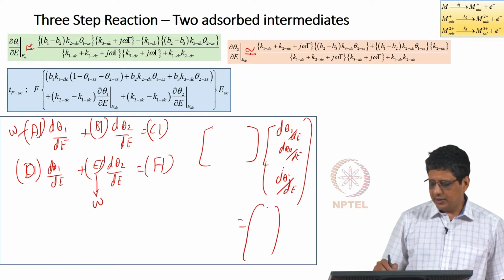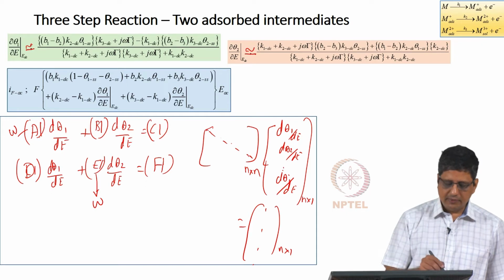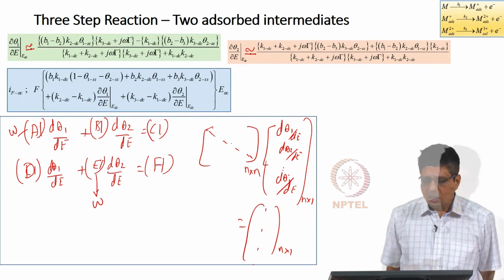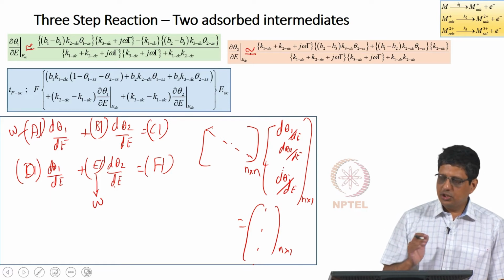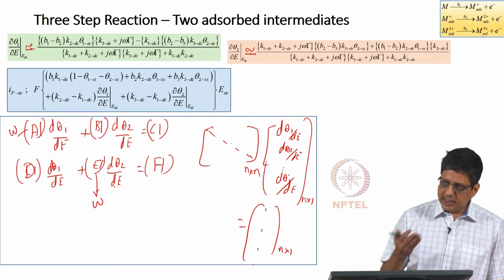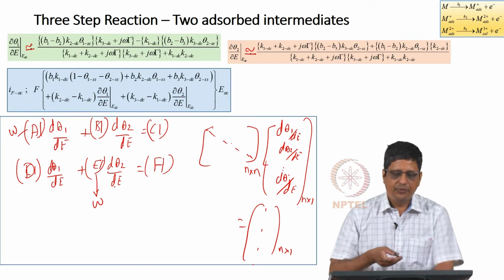equal to, on the right hand side you will have the same length of vector. Here you will get n by n, this is going to be n by 1 vector here, if you have n species, and the diagonal elements will always have omega. This matrix will always be linear, as long as we assume that truncation is okay, as long as we assume that linearization is okay. The steady state equation you may get non-linear terms. Here you will not get non-linear terms, you will get only linear equation. You can invert it and solve it, you can solve it in whichever way.